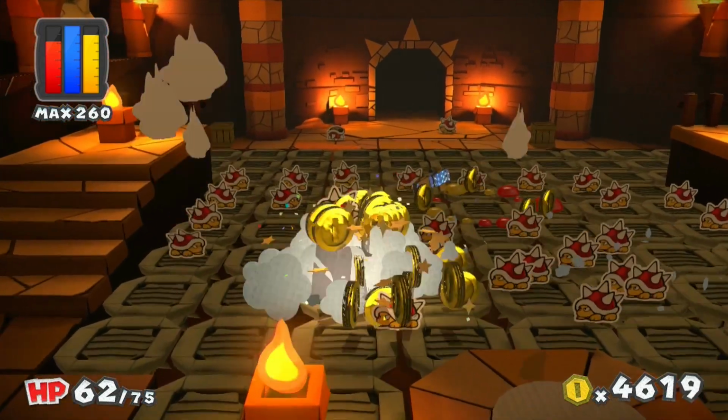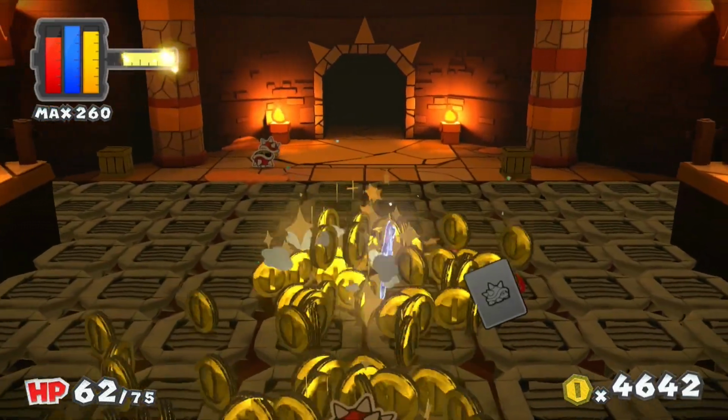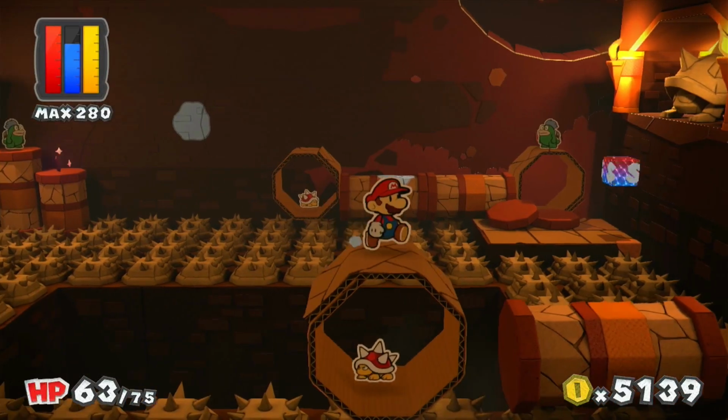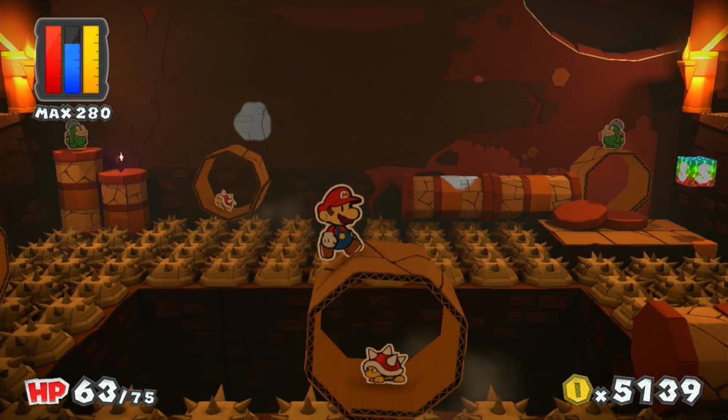Here we need to light all of the candles with paint to proceed. This reveals a POW block which flips these spikes on the ground but drops down a bunch of spinies. Thankfully a power star drops down too and we shred through these chumps. After some more tedious spike rolling, even more tedious when you have to walk along these wheels with spinies inside of them,